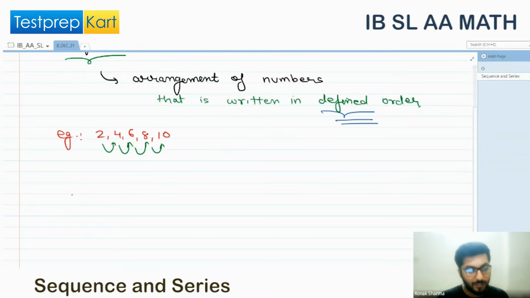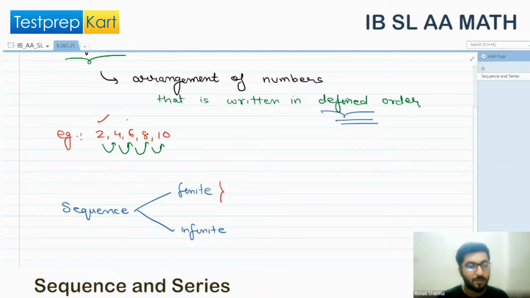But before that, let us see how many kinds of sequences we have. We have two kinds of sequences: one is the finite and another one is the infinite. The very basic thing, a finite sequence is what? Each number is called a term, like 2 is a term, 4 is a term, 6 is a term of this given sequence. We call a sequence finite when the number of terms